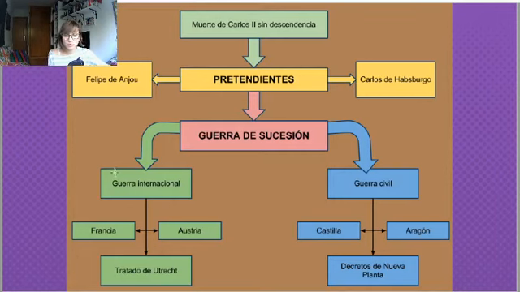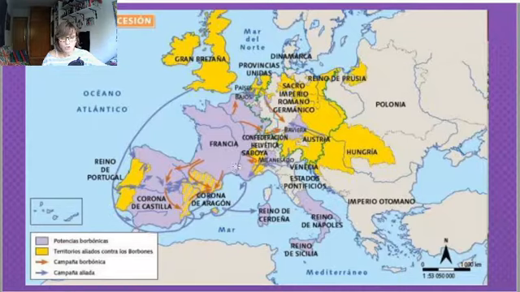This war is important because it's an international war between France and Austria that is going to lead to a peace called the Treaty of Utrecht, and also it's going to be a civil war between Castile and Aragon that are going to sign the peace with the Nueva Planta Decrees. Why it's important: it's not only a confrontation between two different kings, two different candidates, but also two different conceptions